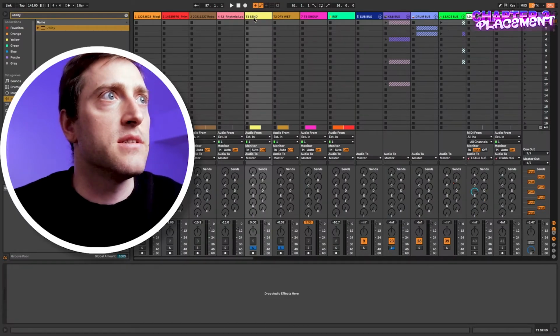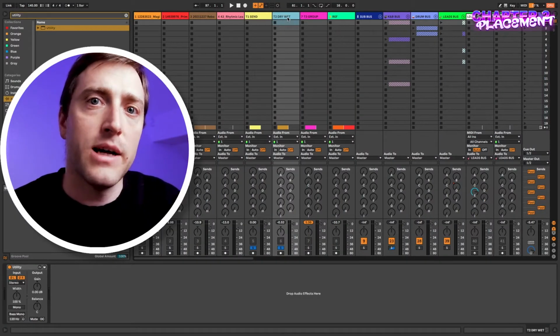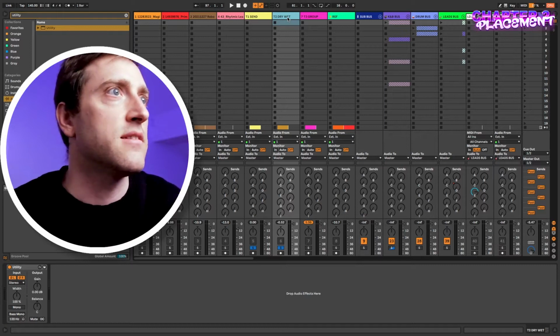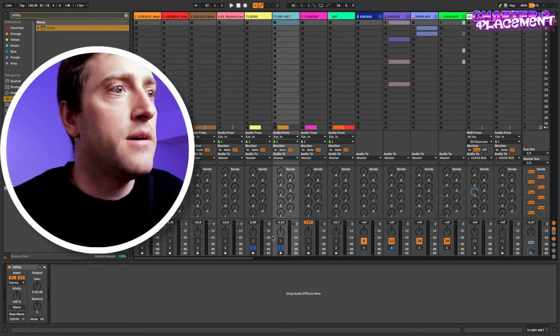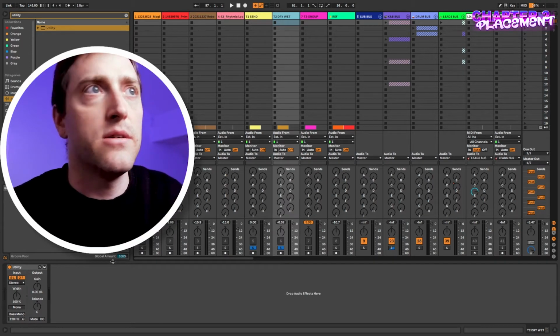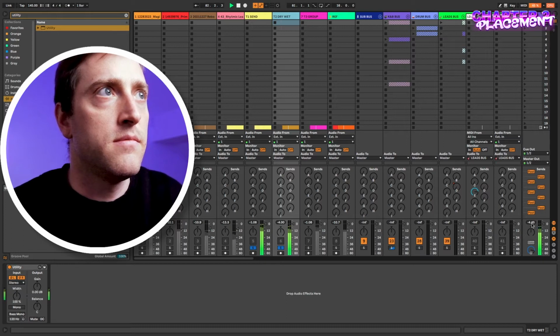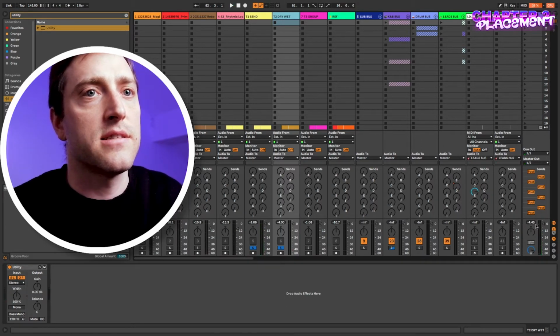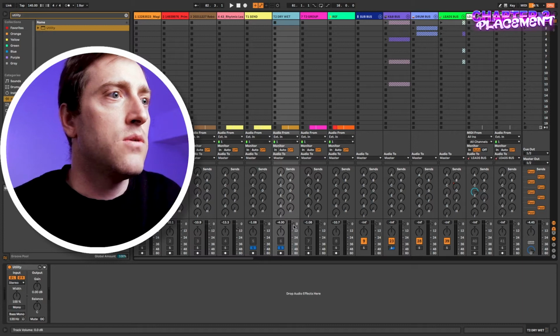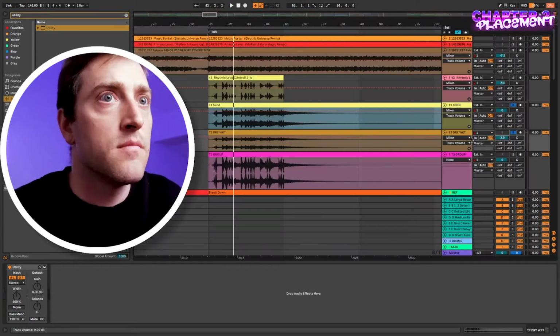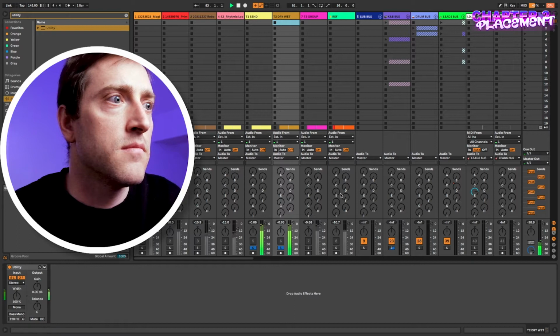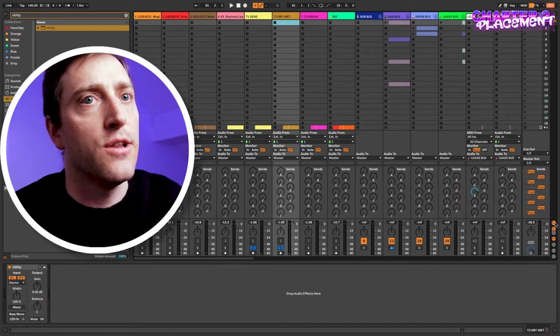So we have the one from the send, and we have the one with dry wet directly in the channel set to 50%. So 50% means that the dry signal is equal to the wet signal. And if I play them both with flip polarity on one, you can see that there is a signal in the master. But now watch what happens when we change the volume here. So once we are here at the same volume,